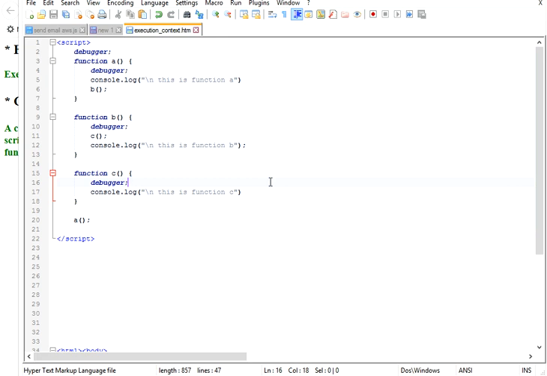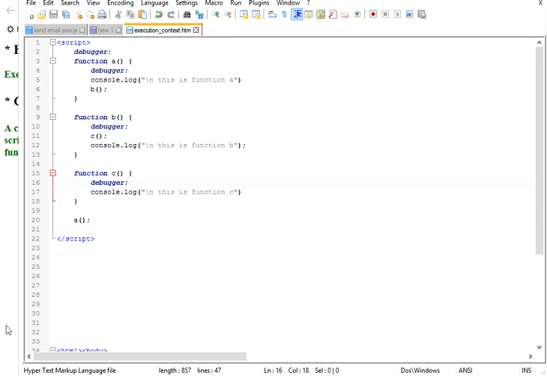Now we will see, when I execute this code in the browser, how it behaves, how the execution context is created for each function, and how the execution context is pushed into the call stack. So we will see in the browser.